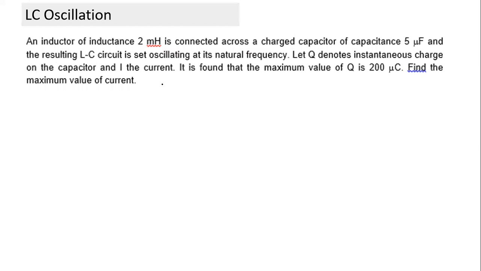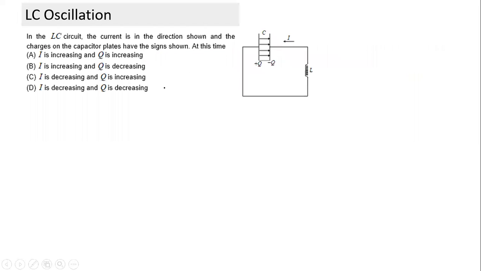And this also is a very easy question, part of the assignment. If Q is 100, find the maximum value of current by equating energy. This we can easily obtain. Let's look at this question and try to analyze how to answer it. In this question, this plate has positive charge at a given instant. This has negative charge. This is the inductor, and current is flowing in this fashion.